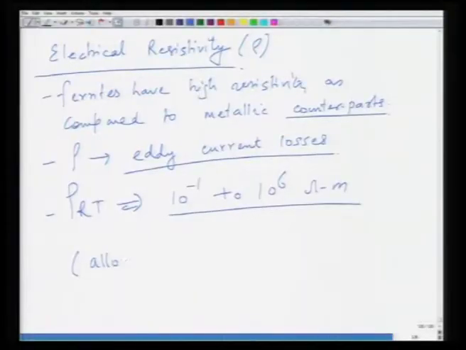So, in case of alloys, rho is typically lower than 10 to the power minus 6 ohm meter. So, you can see that there is a difference of at least a few orders of magnitude in the resistivity of these ferrites. So, definitely they are more resistive as compared to alloys, but still the resistivity is tunable by changing the composition. So, for instance, if you look at the data for